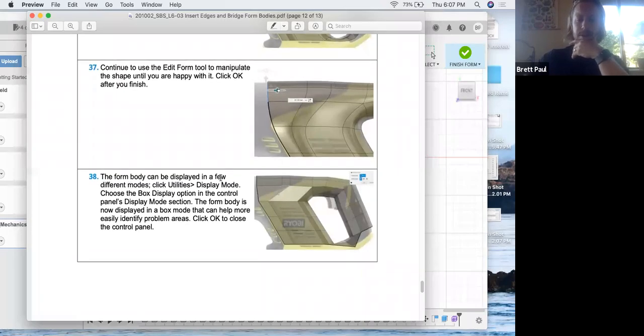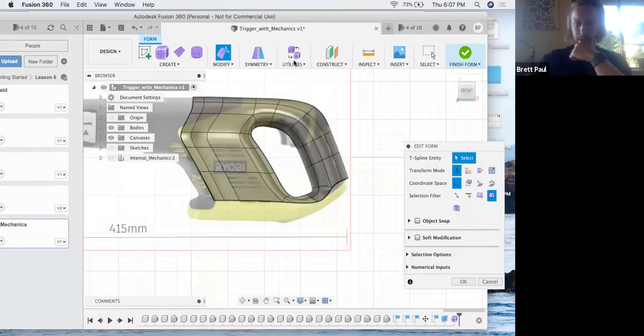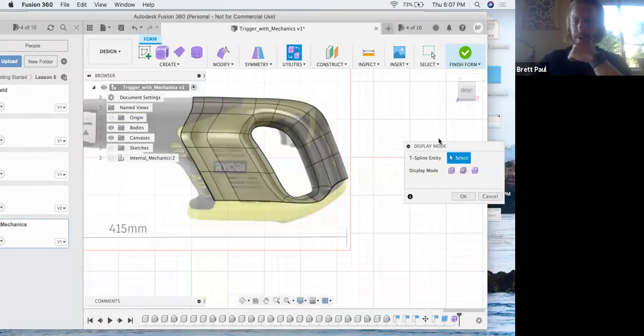The form body can be displayed in different modes. Click Utilities, Display Mode. Choose the box display option in the control panel's display mode section. The form body is now displayed in a box mode that can help you more easily identify problem areas. Click OK to close the control panel. So we can open up Utilities, Display Mode, and